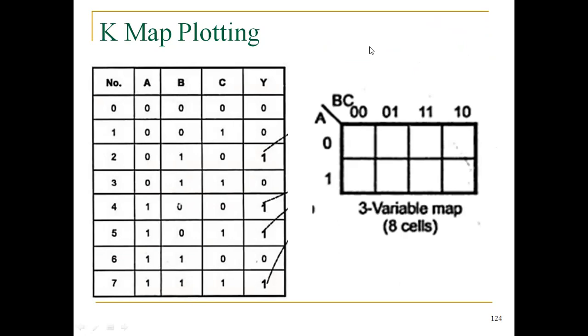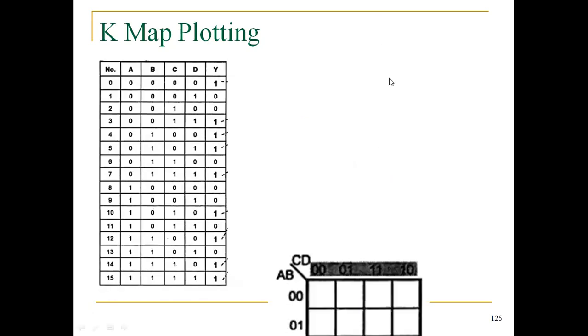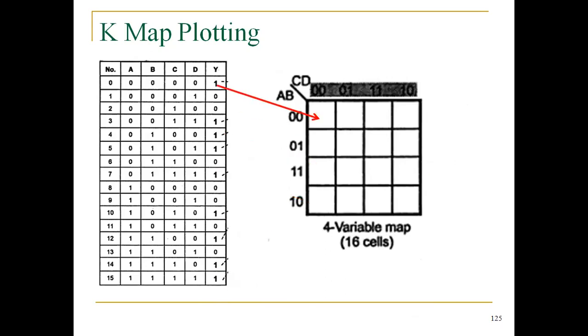How many min terms are given, that's the output only mentioned here. Since it is a three variable input with only one output, how are we going to fill the output here? This is the first cell, 0 0 0, it should be filled here, that means 0 here, and then 1, 2, 3, 4, up to 8 variables we can fill. Similarly for four variables, same method, 0, 1, 2, 3, all the variables are filled like this.